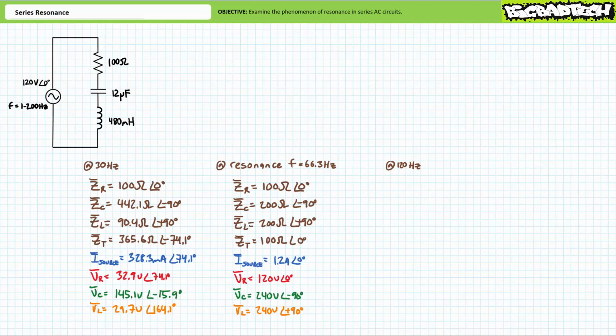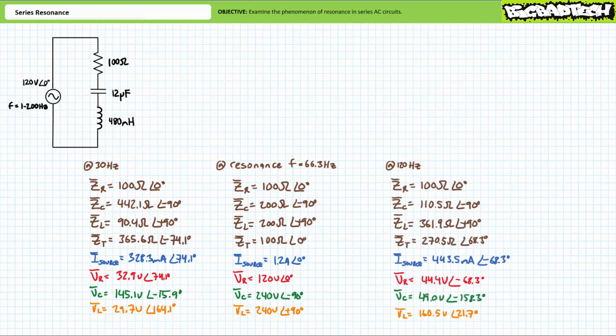More on these observations in a moment after we consider the electrical properties of this same circuit at an increased excitation frequency of 120 Hz, just shy of 2 times that of the resonant frequency. At an increased excitation frequency of 120 Hz, just shy of 2 times the resonant frequency, this is an entirely